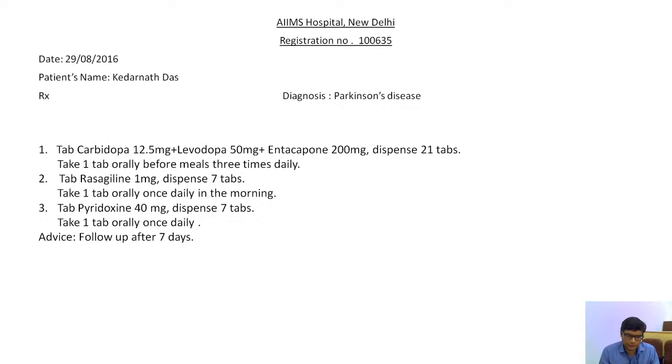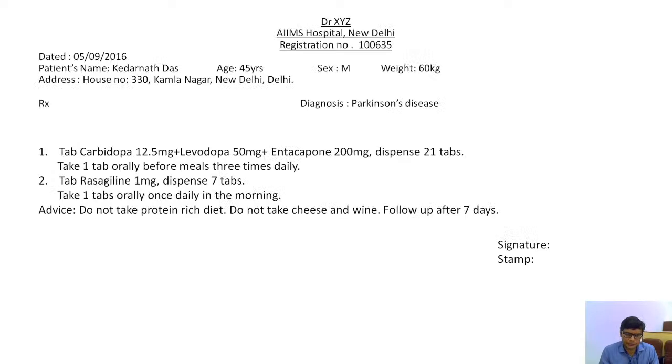So the patient was prescribed follow-up after 7 days. The correct prescription becomes, you have to complete the patient details, age, gender, weight, and the address has to be written. The doctor's details have to be completed, and the signature and stamp should all be there. Another thing, we have omitted pyridoxine, and then we have to give some advice also which are relevant in this